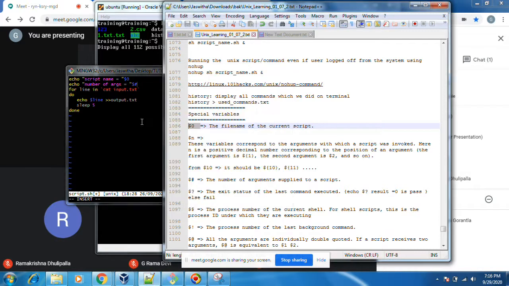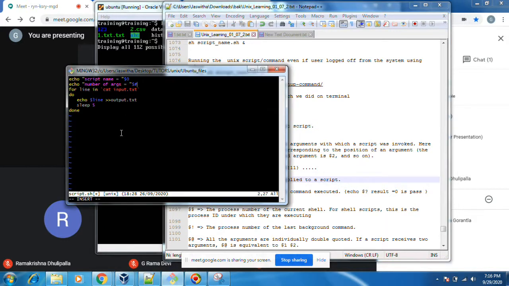Dollar question mark is the exit status of the previous command. Let's check how these special variables run.